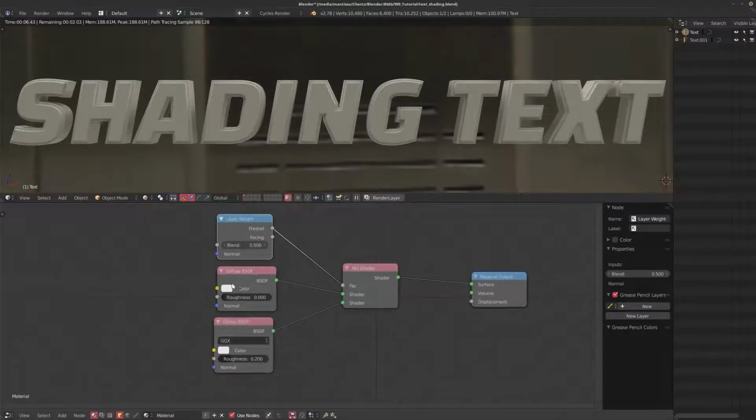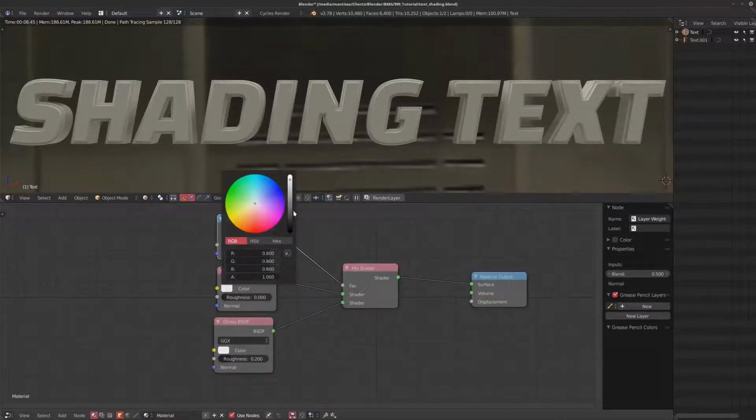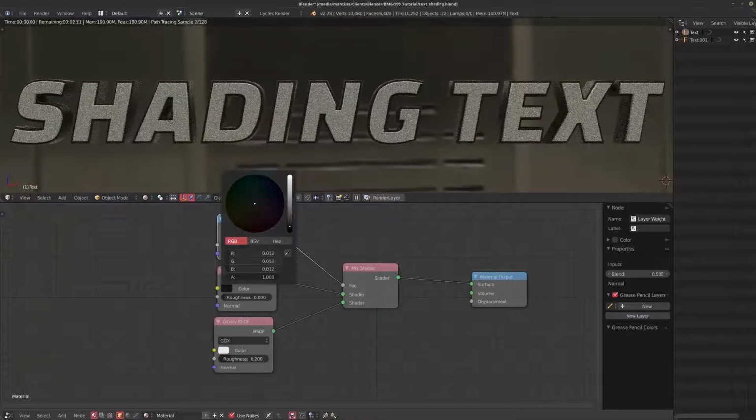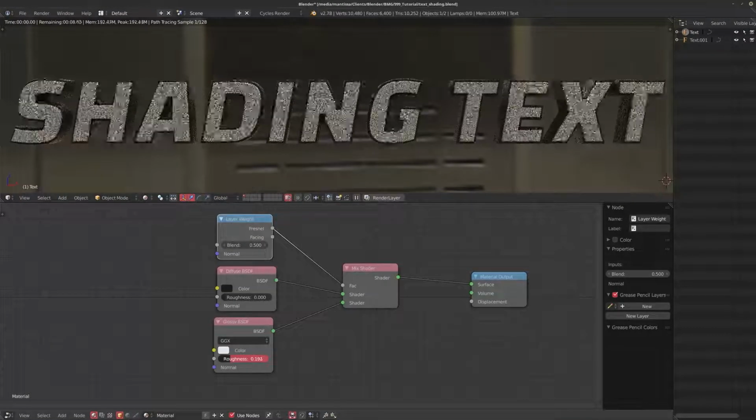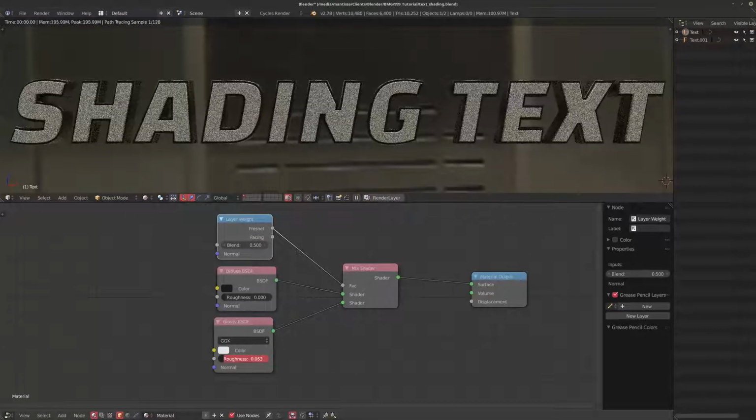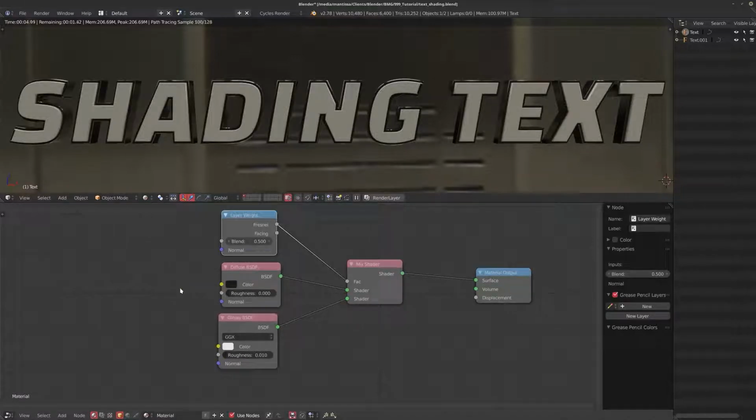Now generally, if you're doing metal or this metal type of text, your diffuse color is going to be quite dark and your glossy roughness is going to be fairly low, obviously depending on your preferences. If you want very non-glossy looking text, then of course you can bring the roughness up and you don't really have to worry about it too much. Now I want to have this really nice gold looking text the way I had,